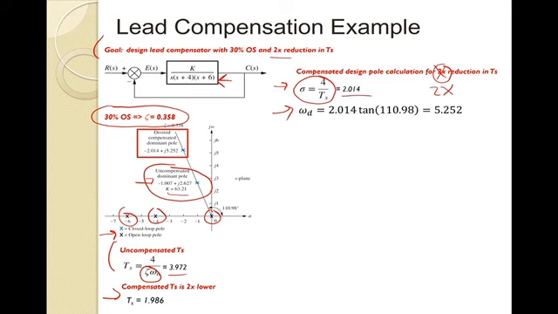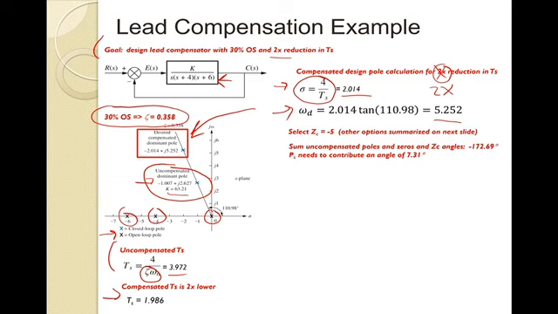And then you can see the values here and how they get mapped into our desired location right there. Very similar approach to the one we took in the previous PD example. Okay, so now as we're designing this lead compensator, remember we have an infinite number of choices of pole and zero, so typically you pick one. And so I decided to pick a compensator zero at -5, and then you'll see that on the next slide